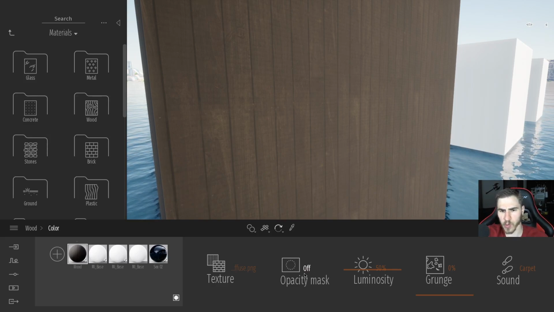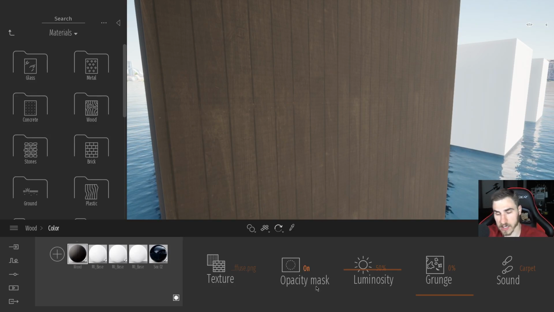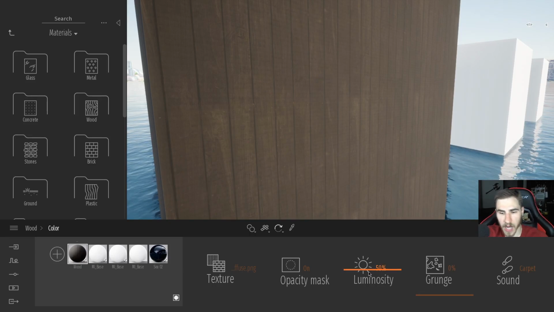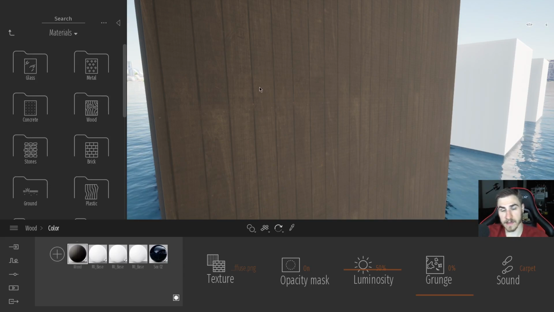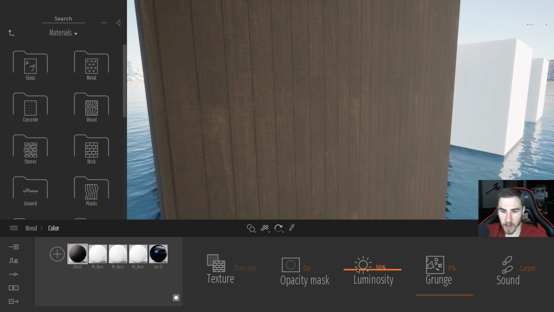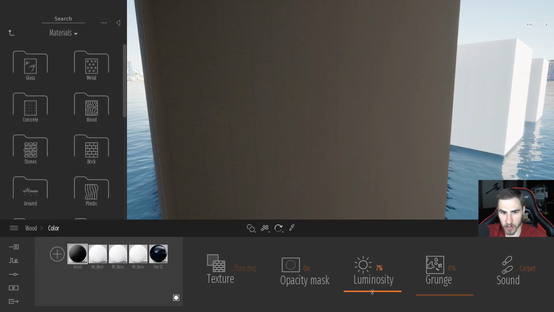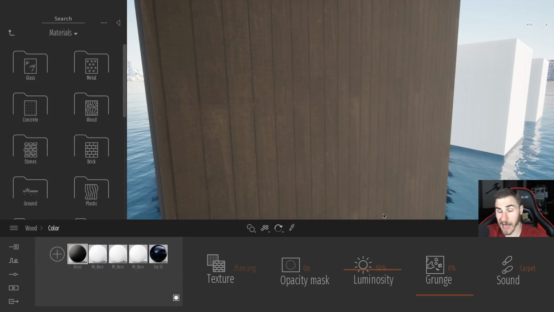But because this is wood, it's solid, I'm not seeing through it. It doesn't matter if this is on or off. It really doesn't matter. So I tend to not touch it. Luminosity, this is a default value of 50%, which means it's going to give you the value of light that is emitted from the file that you're using. You can make this brighter if you need to. You can make it darker if you need to. But I tend to want to keep it at 50% because that is the color of the map that I